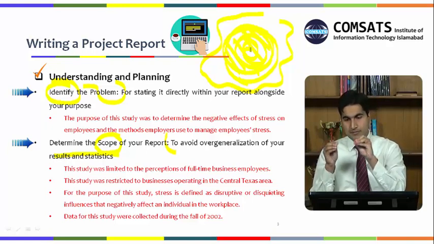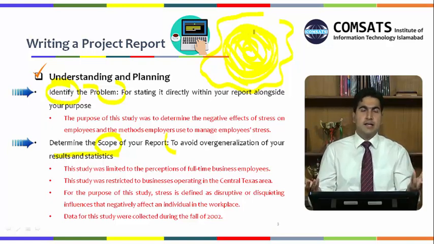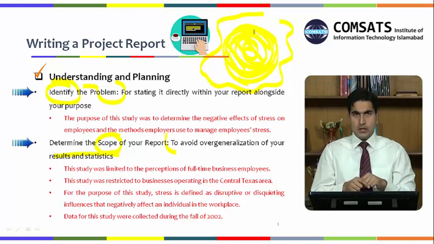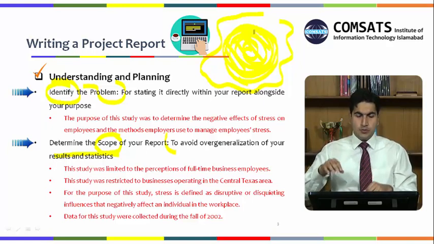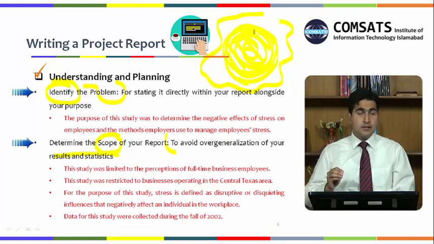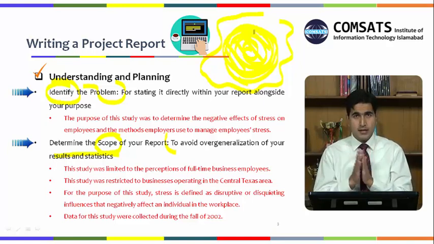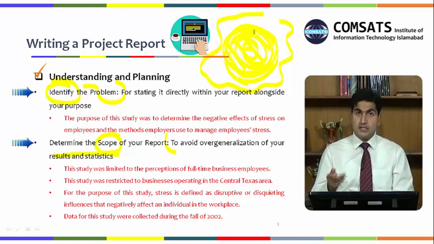The results are from this circle, and this line, this boundary of the circle, is basically like a scope. You basically determine the area around which you have kept yourself and carried out the study. One thing to mention here is that it's not possible to generalize the results of that specific area over the other areas as well, because that study was carried out with respect to that typical area. These are the things which you have to mention.